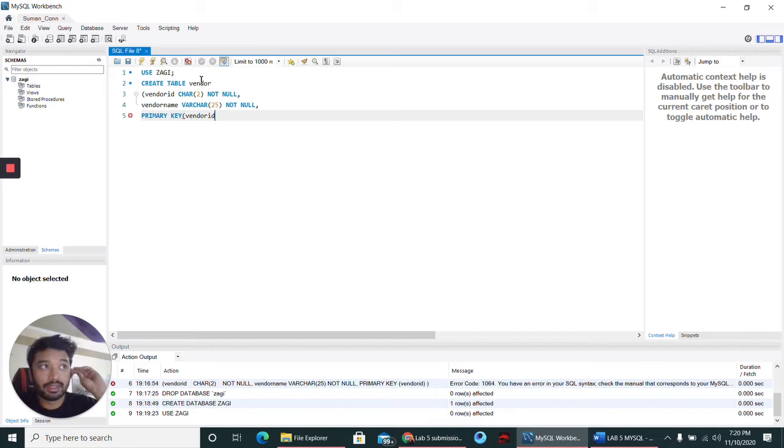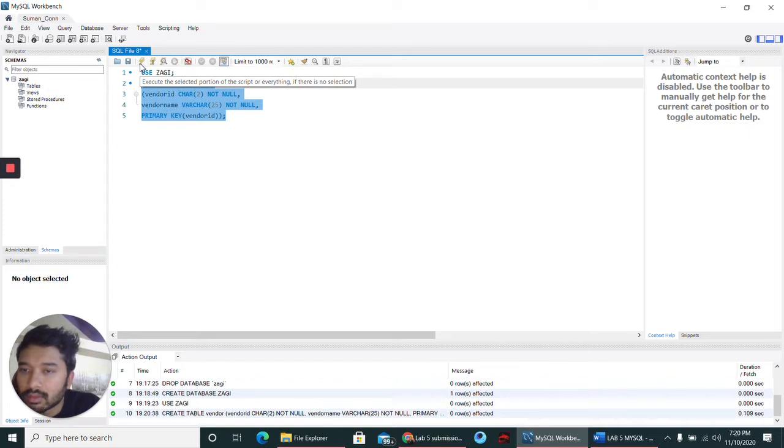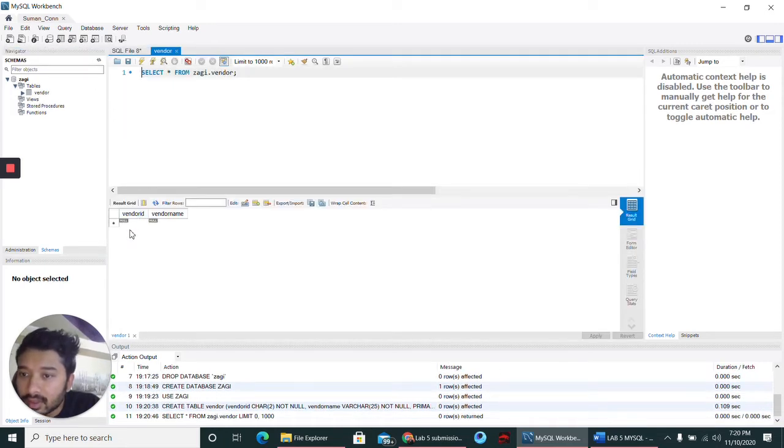We have vendor ID as a primary, and then those are the parentheses. Okay, now we can see we have a table that is vendor, and you can see we have vendor ID